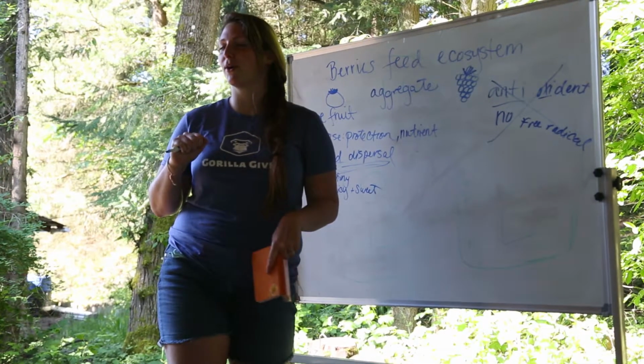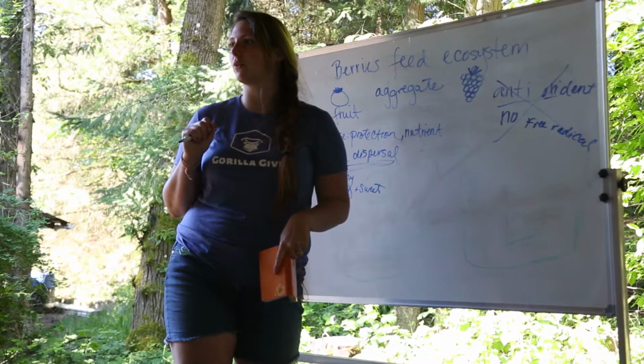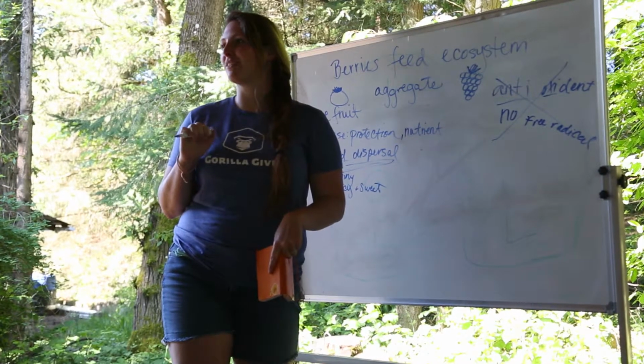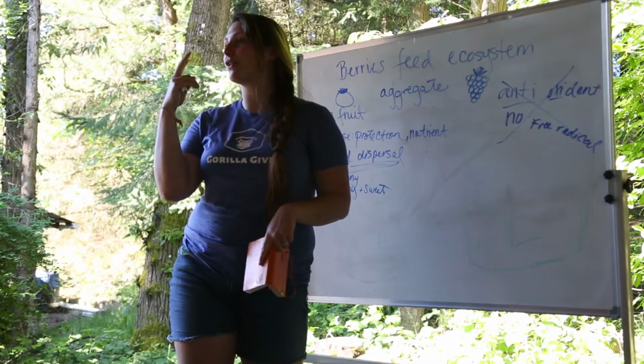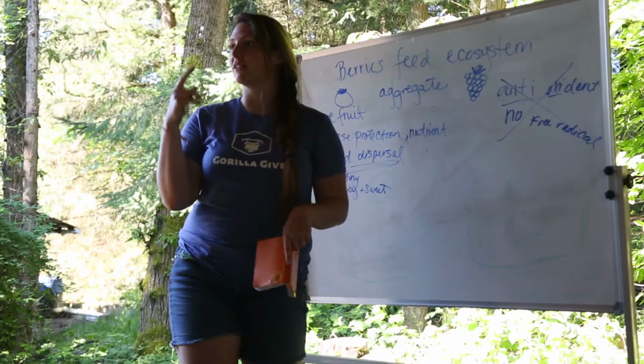Does anybody remember any of the vitamins that are biochromia that we talked about? One in particular that's orange. Beta carotene, I heard somebody say it. So beta carotene is really good for your eyes. So salmon berries have a lot of beta carotene in them. So they're good for your eyes.